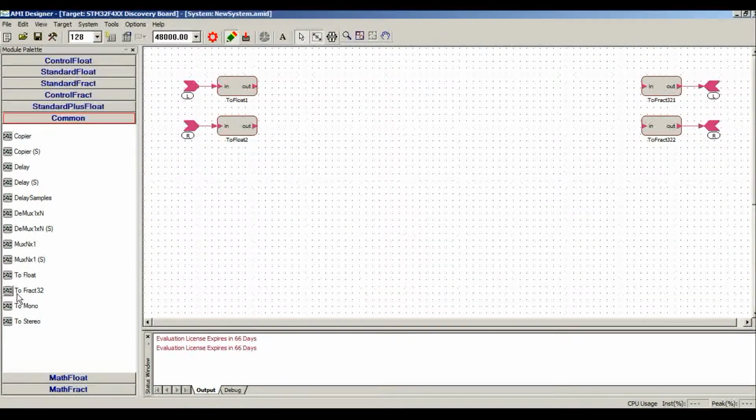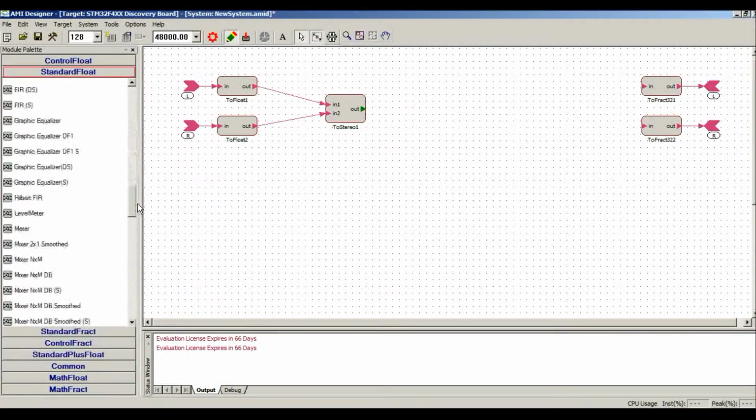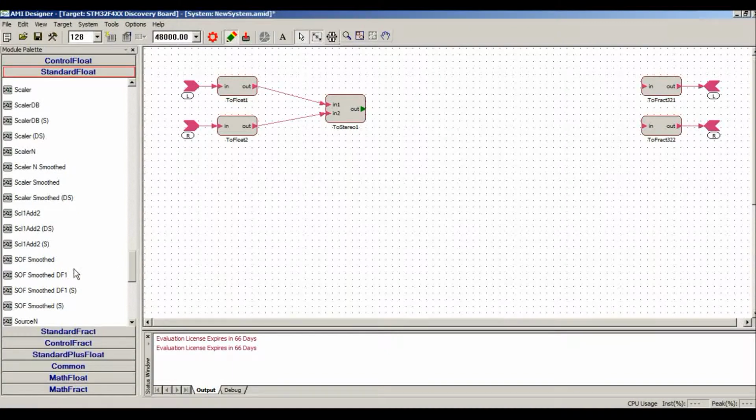So let me quickly design a signal chain here. So I would like to do everything in stereo processing, so I drag in the stereo module, and then let's do the same example, second order filter. So we call it SOF. So S stands for the stereo processing. So I selected the stereo module here, and eventually the data goes to the mono.